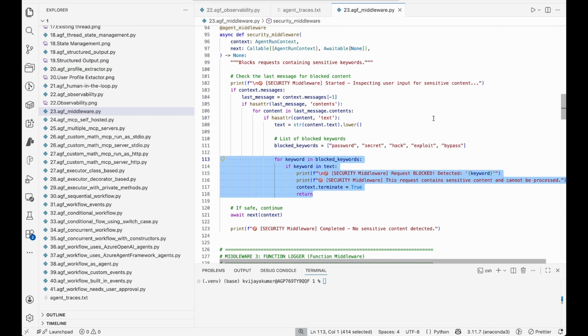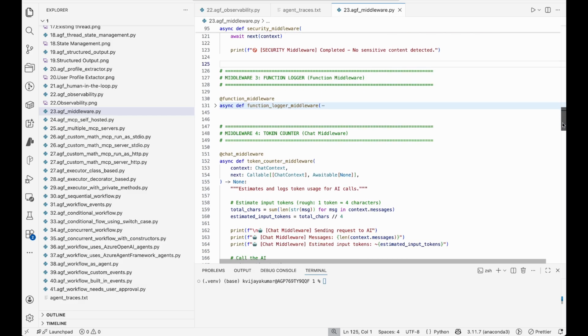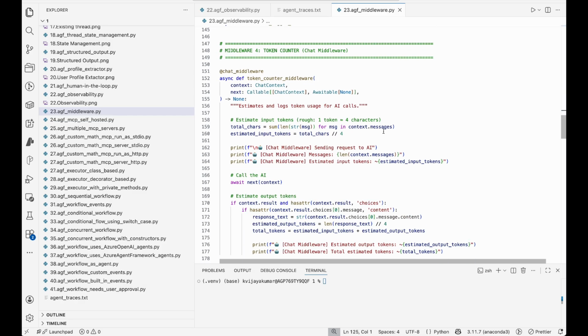As this is just a demo, I kept it very simple. But in terms of an enterprise application, you will be using the content safety service. Then we have the token counter, or the LLM middleware, or a chat middleware. So if you just see here, it prints the input tokens, and at the end it also prints